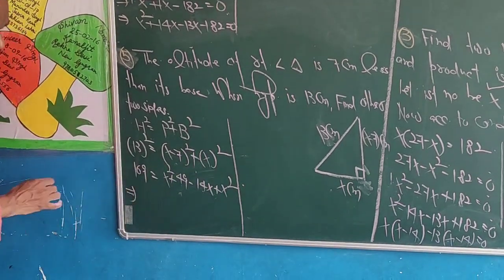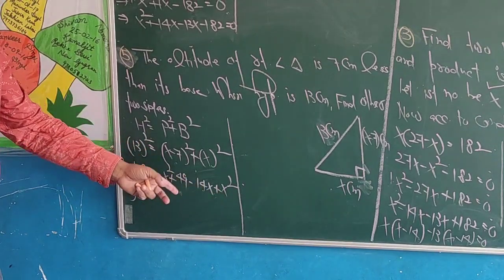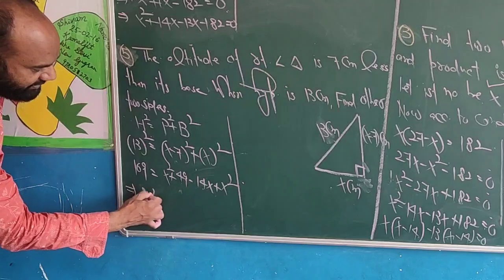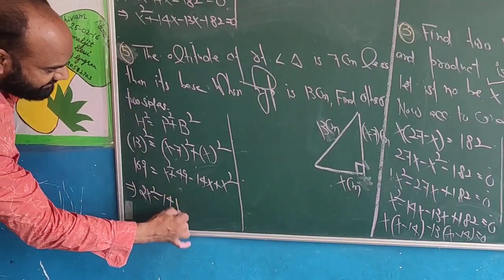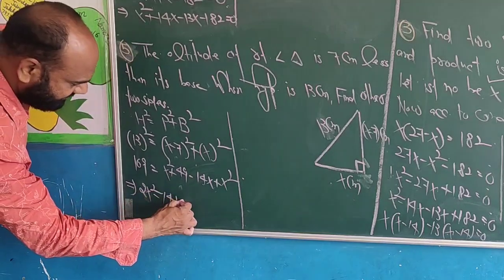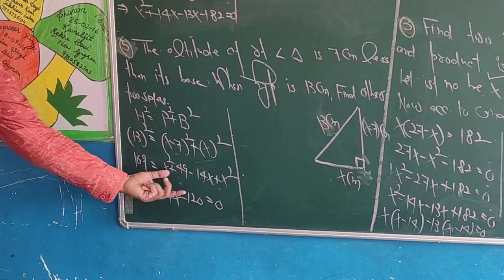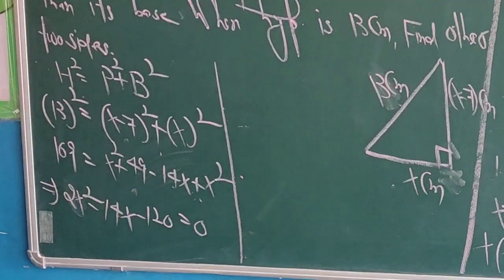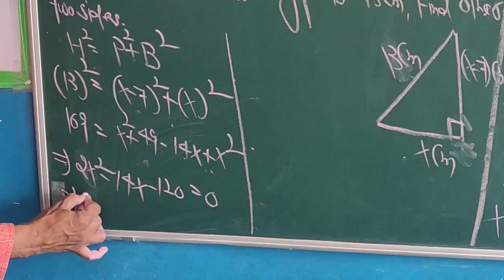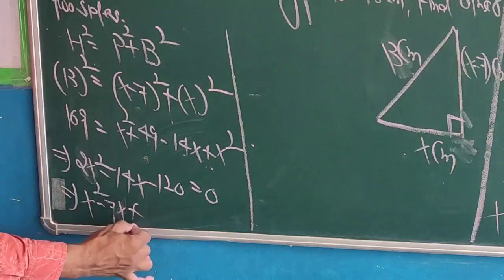Now while solving this equation, we solve as like terms: x square plus x square is 2x square, and minus 14x, and plus 49 minus 169, and then it will be equal to minus 120. Now the whole equation is divided by 2, because 2 is common in all the terms. So by dividing by 2 we get x square minus 7x plus 70 minus